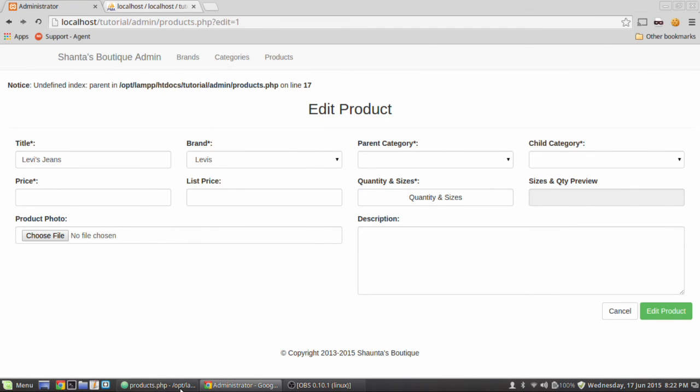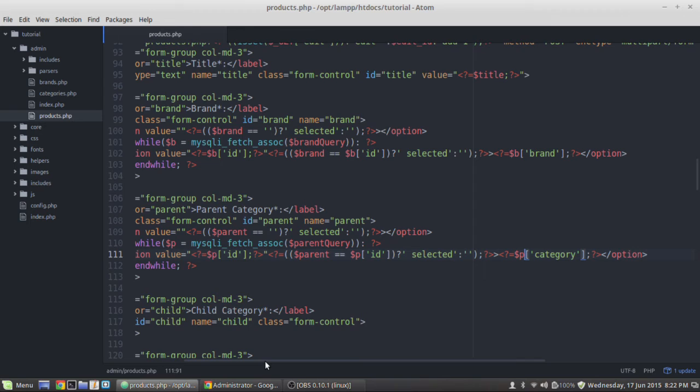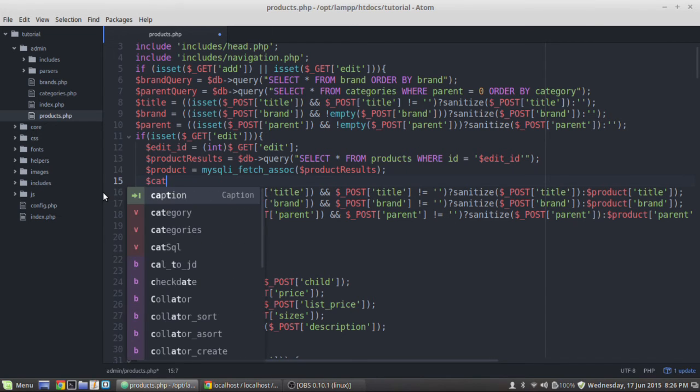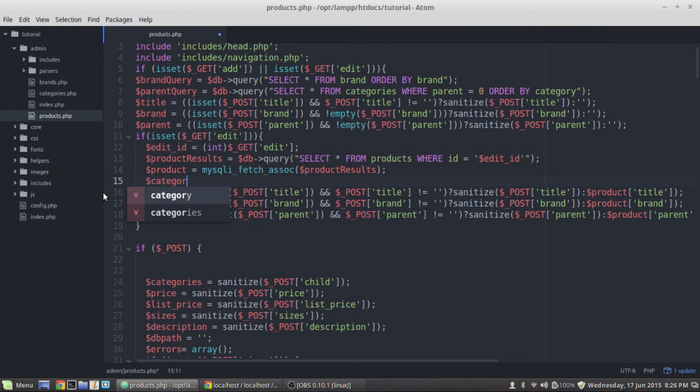Get line 17. Okay, so we need to get the parent product from the database based upon the child product. And so what we can do now is, let's go ahead and create our category variable, because we can use this later and now. So what we're going to do is a ternary operator,